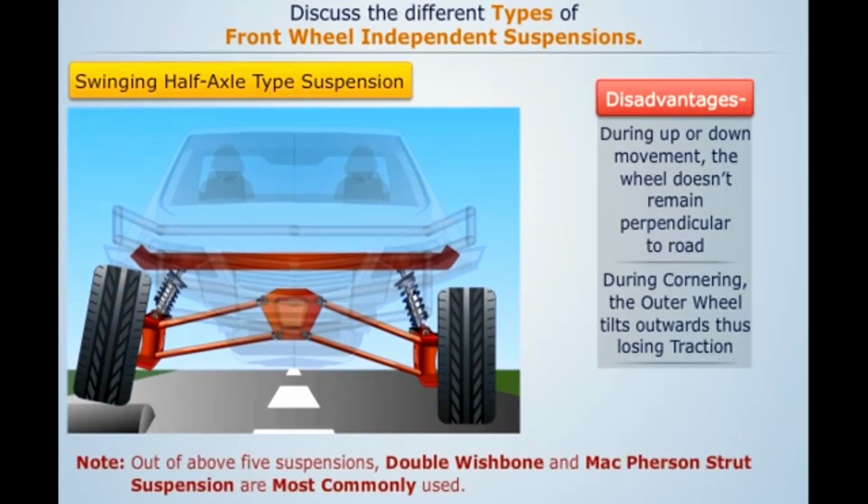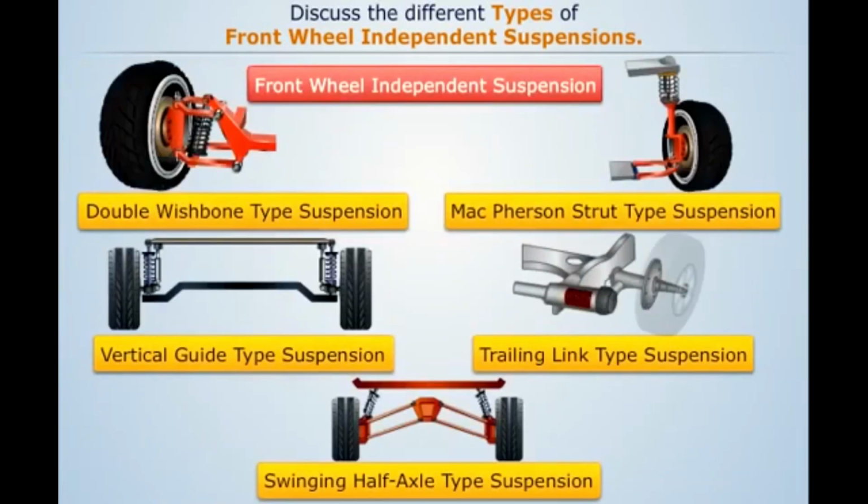Note that out of the above 5 suspensions, double wishbone and MacPherson strut suspension are most commonly used. Now let us summarize the front wheel independent suspension as: